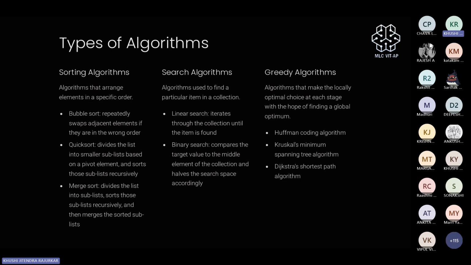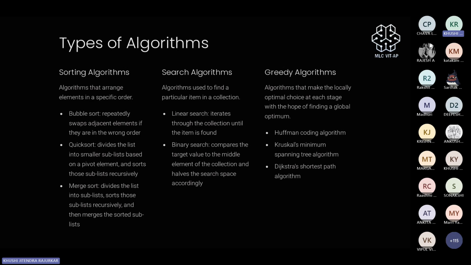Then comes searching algorithms. There are two different kinds of searching algorithms. The linear search, in which you iterate through the list one by one until you find the element, and the binary search, where you keep on dividing the list into half until you find the element. And the binary search is nothing but a divide and conquer algorithm, which divides the list into halves and then